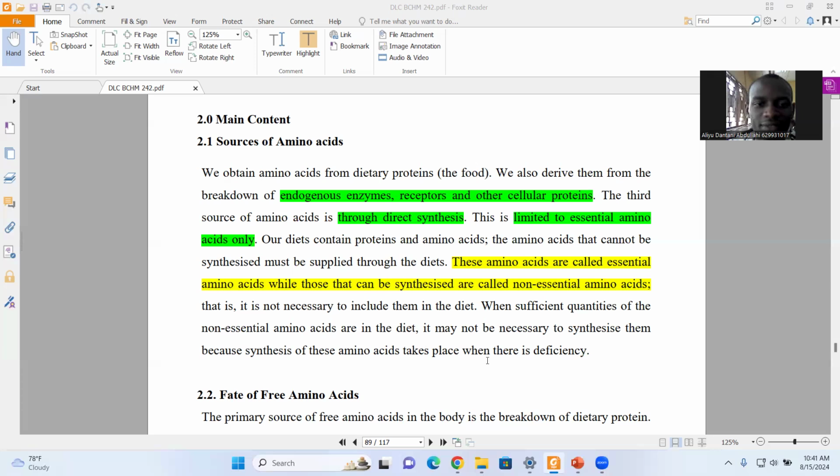Okay? All right. So the third source of amino acids can be through direct synthesis. That will be the body synthesizing its own protein, or chemical synthesis in the lab. You understand? So this is limited to essential amino acids only. The body could synthesize. No, I think this statement here is wrong, because the following statements will prove the error in the initial statement. You see, your diet contains proteins and amino acids, okay? The amino acids that come from your diet are non-essential since you can get them. But amino acids,